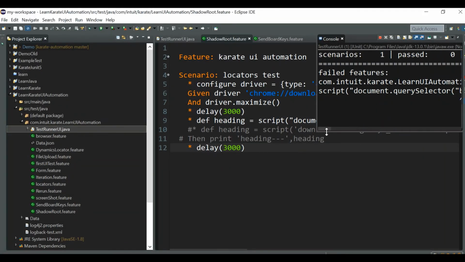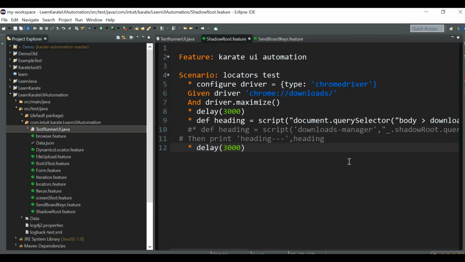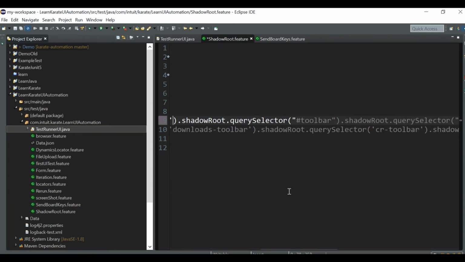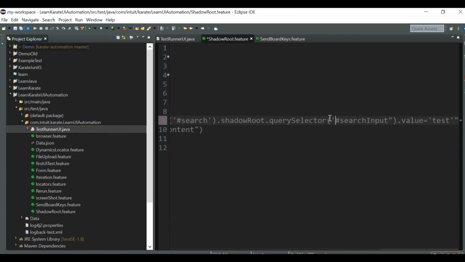Okay, we have some failures. Again we have to replace it with a single quote. We'll rerun it.